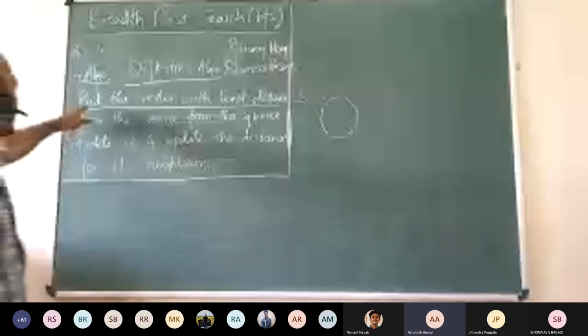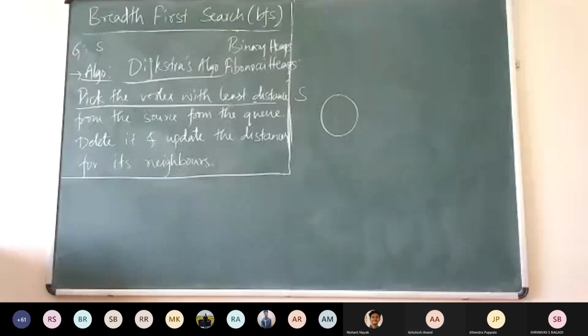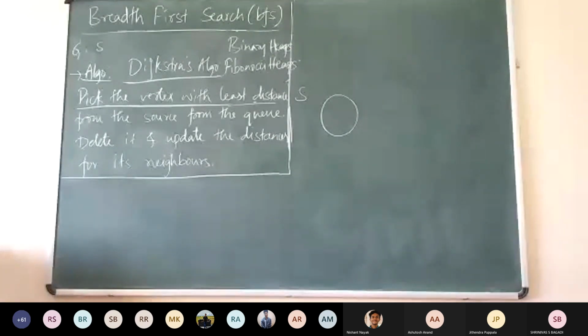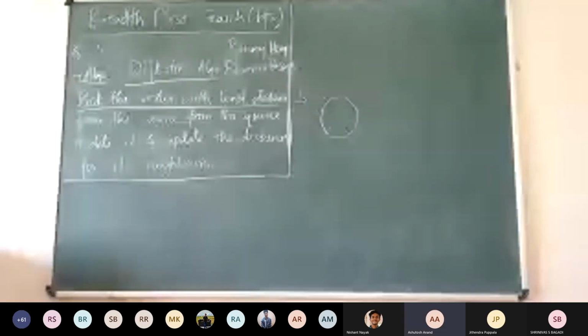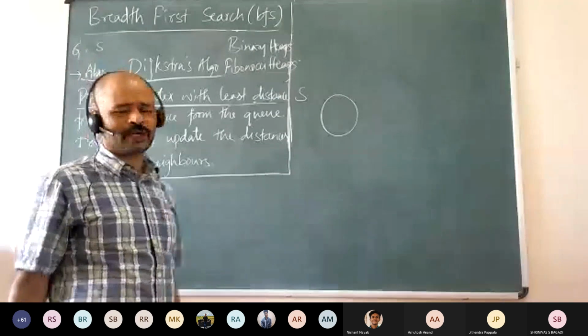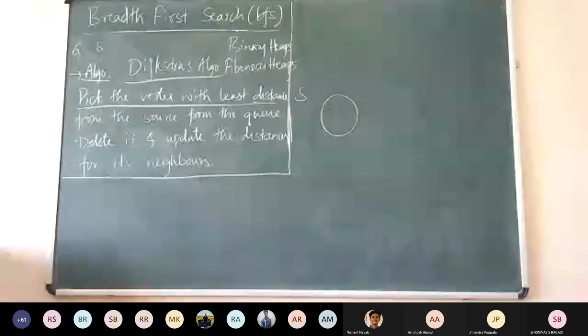So that is what we proved, right? When we pick the vertex with the least distance from the source, it will always be set correctly. So level by level, it gets set correctly like that. Not level by level. In the sense, if you take the shortest distance tree, there you can call it level by level, but it is not level by level with respect to the BFS, right?